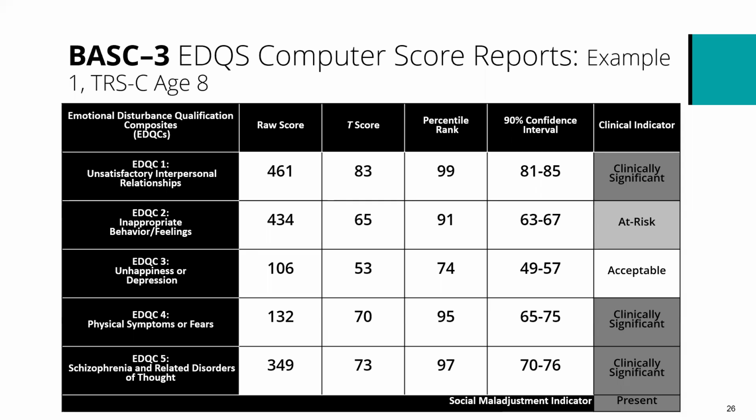As we know, the term social maladjustment has not been operationally defined by IDEA, so use it for your purposes to help guide and develop your hypotheses about a student, and just be aware that this information could ultimately be interpreted differently if you have conflicting other information as part of your evaluation. So just be aware of the utility of the scores, but they are very helpful, and like I said, based on the criteria as it's written.